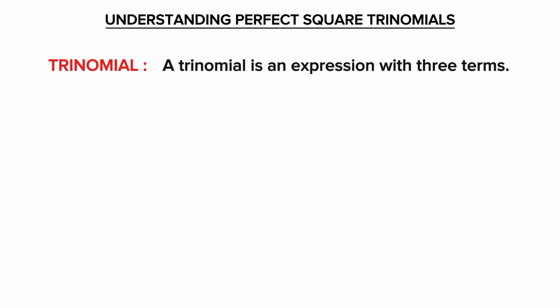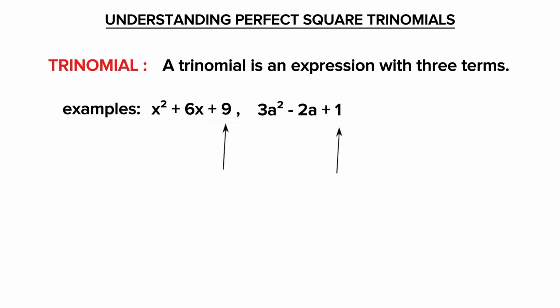Trinomial. A trinomial is an expression with three terms. Examples include x squared plus 6x plus 9, or 3a squared minus 2a plus 1. It usually includes a squared term, a linear term, and a constant. So when we say perfect square trinomial, we're talking about a special three-term expression that factors into the square of